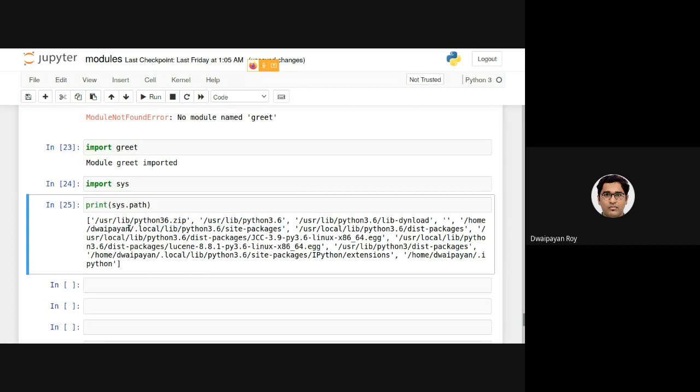In my case, my username is Zoipayon. That's why it is basically a path inside my home directory. This is as well as this. So these are basically the paths where we should be keeping our defined Python modules.